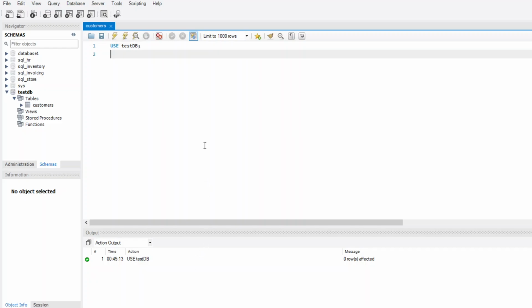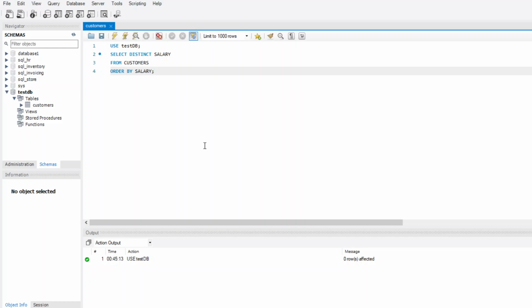So I will type SELECT DISTINCT salary FROM customers, and then the ORDER BY clause, and the column name is salary, then put the semicolon.